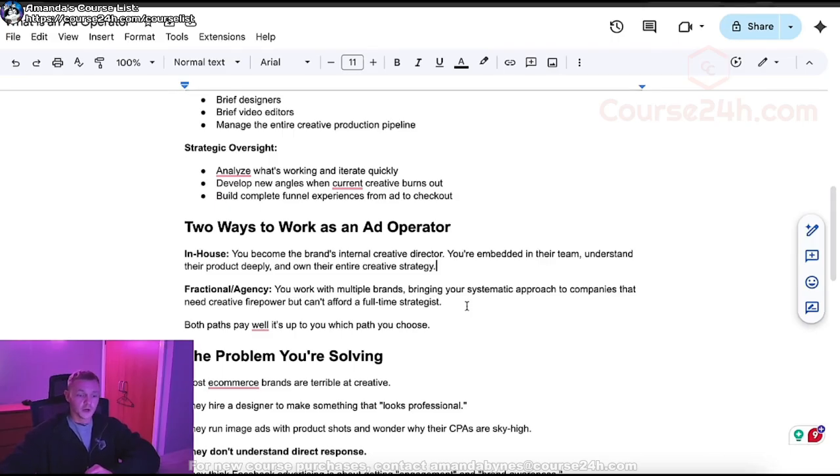Then I've got another brand where we do 15 scripts, and I also give them, I think it's like 30 or 40 static ads. And those static ads I just create on Nano Banana myself. I've also got a designer as well that does some of them. And basically, each of these brands has different deliverables that I give them. So I'm not working in-house, but I am their only creative person. They don't have any other creative people. They basically use me as like a one-man agency.